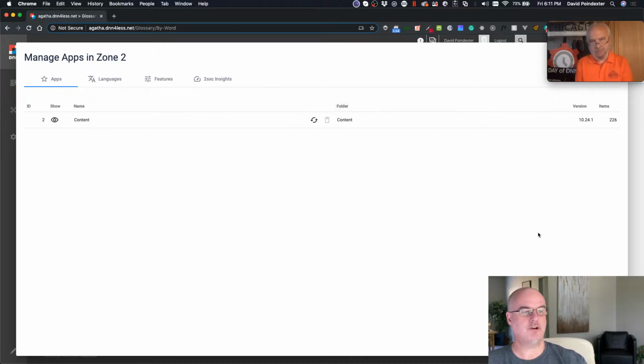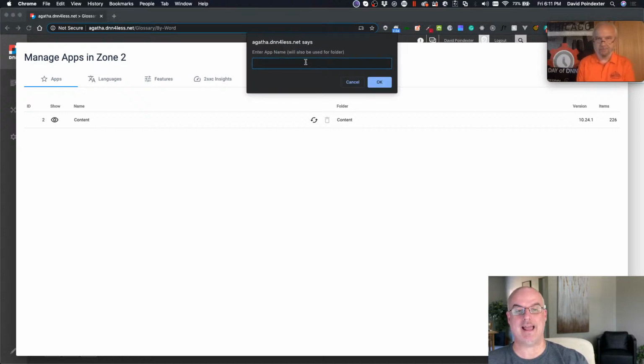So I'm going to come down here to the bottom, and I'm going to click plus to add a new app. Now this is a new interface, so bear with me if I get something wrong here, but they've made this quite a bit better, in my opinion. It used to be a little more convoluted. So this is great. I'm going to click plus, and I think this is going to create an app. So I'll click this plus sign,